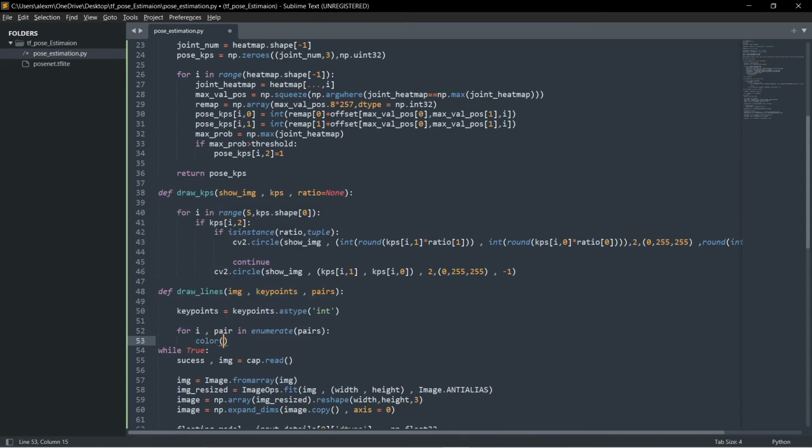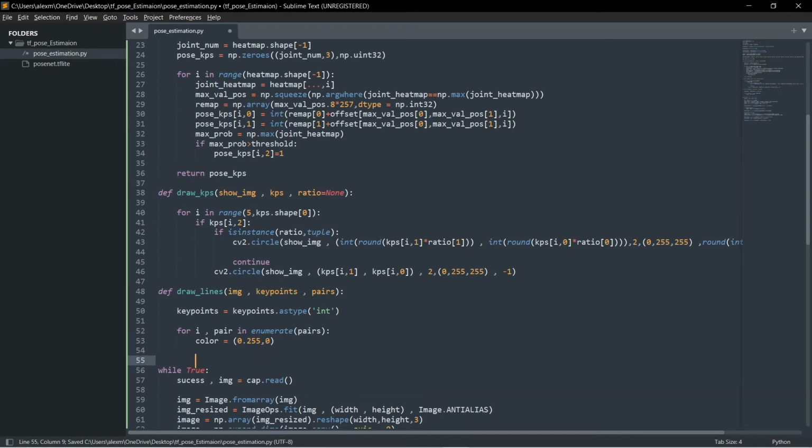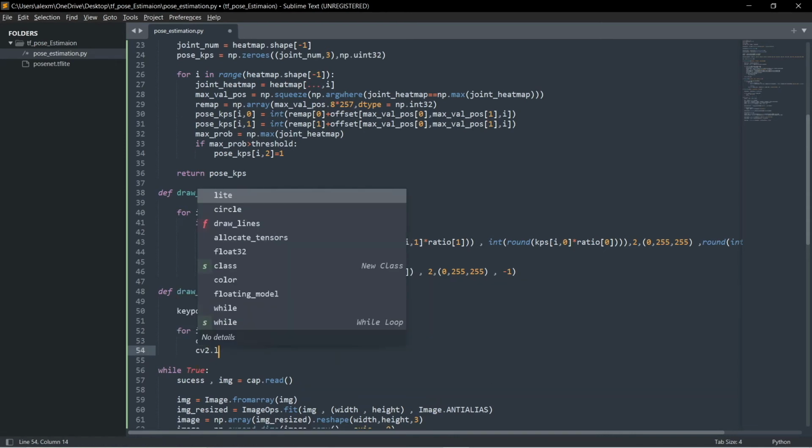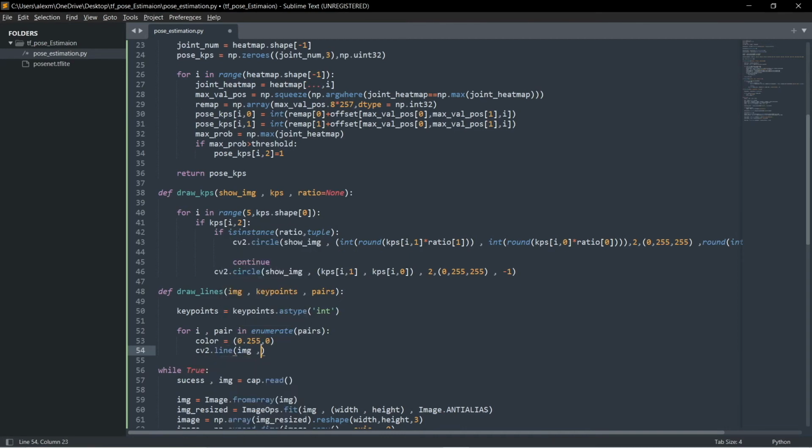Define the color, which is 0 comma 255 comma 0. cv2 dot line, img comma key points pairs 0 comma key points 0,